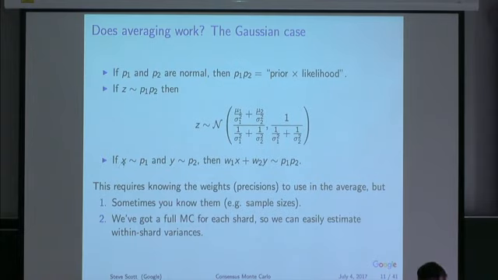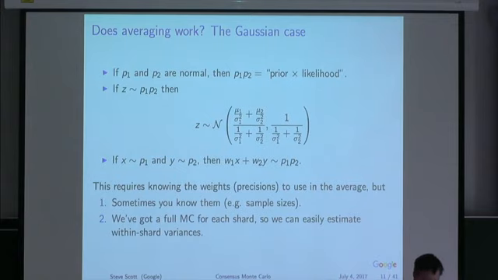So let's suppose X is a draw from P1, just one draw from my Monte Carlo sample from P1, and Y is a draw from my Monte Carlo sample from P2. Well, then if I take a precision-weighted average of X and Y, obviously the mean is going to be this thing, and it's a 30-second exercise to show that the precision is the right precision. So if I just do a precision-weighted average of my draws from your draw 1 and your draw 1, I don't even have to do them in order. I can randomly shuffle them if there's some reason I want to do that. Then I'll get the right answer, right?